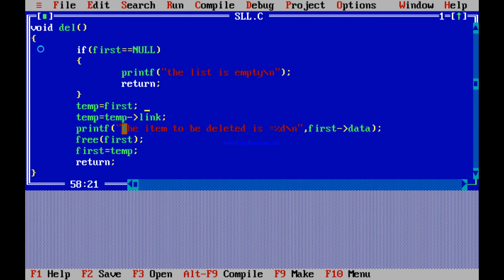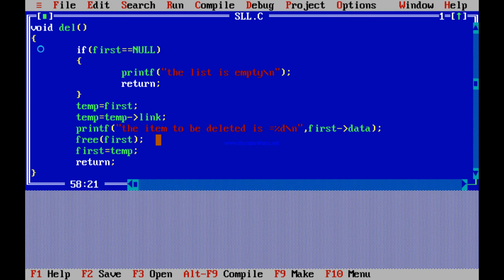Now printf, the item to be deleted is %d. We write %d here as it is an integer variable. Now we will read this from the main memory, that is first of data. This data will be retrieved from the main memory. Now after we have deleted the item, we need to free that space.